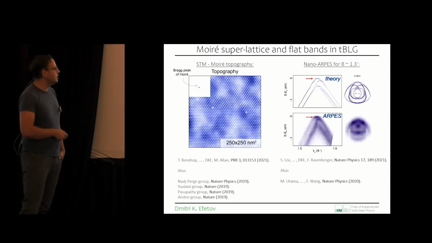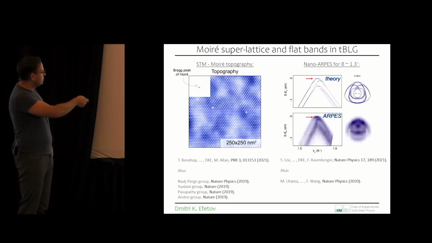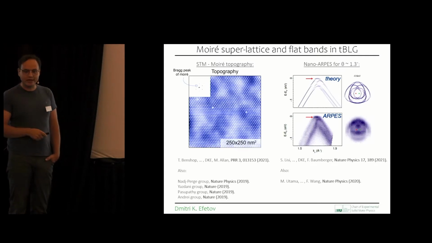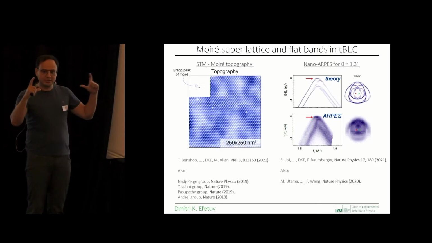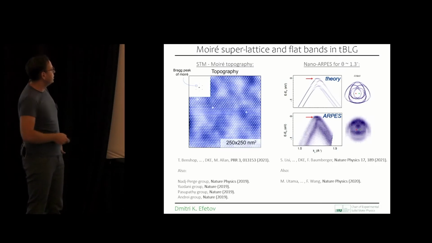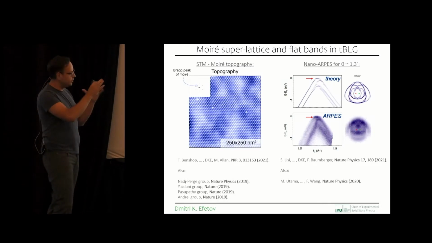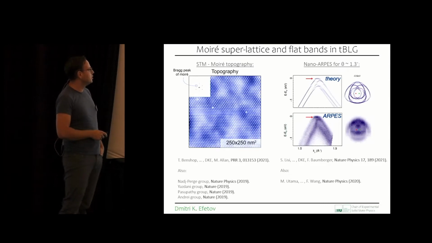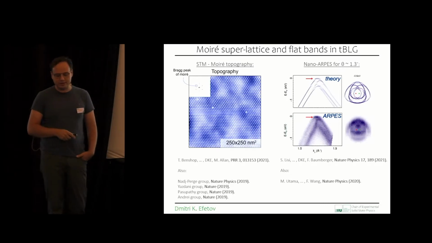And basically, those individual lattice sites which you're seeing, those are not atoms because it's way too big. This is really the moiré superlattice. And you can see it's quite a homogeneous pattern, of course, but there's still a lot of disorder sometimes happening in the system.